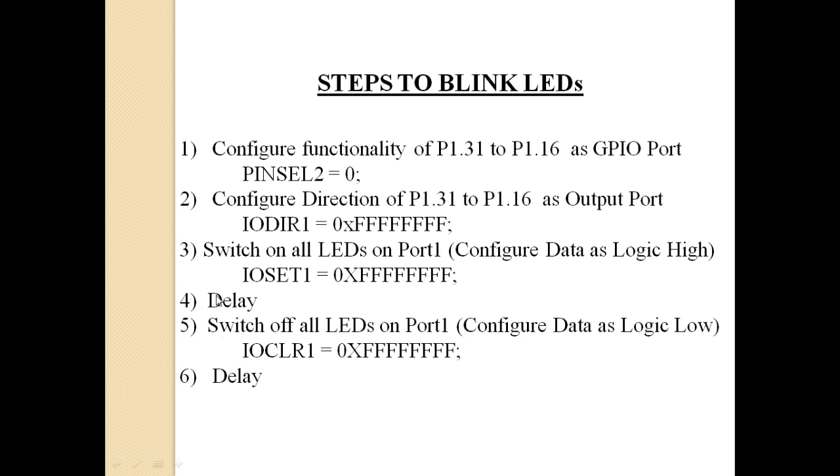This delay you can write using any for loop or any loop statement. So in this program you will be giving only some arbitrary delay. You are not generating an actual 500 millisecond delay, some delay you are generating. So you will make the LED on, you will generate a delay. That means that LED will be on for that much time. Then you make the LED off, again you give the delay. So the LED will be off for that much time. So the LED will be on, some delay will be given, LED will be off, again some delay will be given,